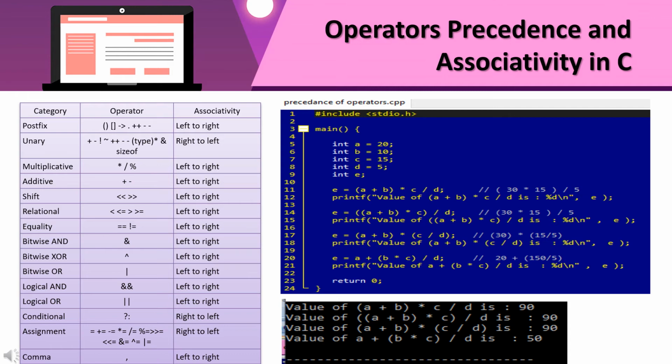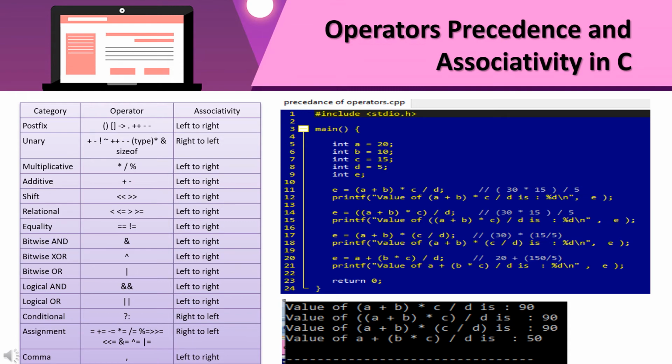Now in this program you can see that e equal to (a + b) * c / d. Now as a equal to 20 and b equal to 10, c equal to 15 and d equal to 5, the result comes in this way: in braces 30, into 15, divided by 5.